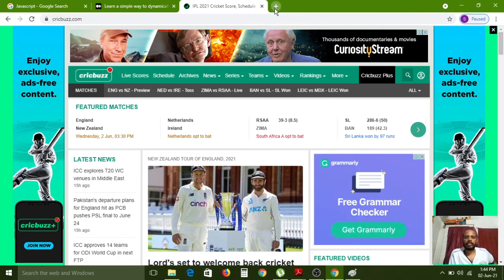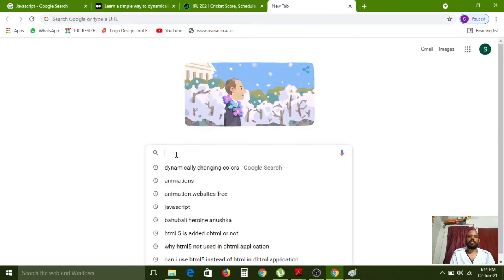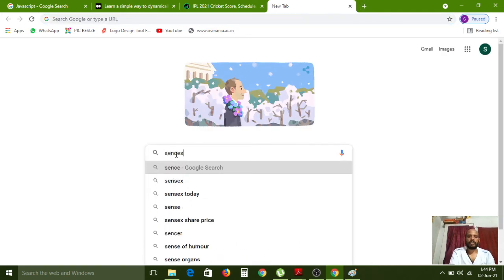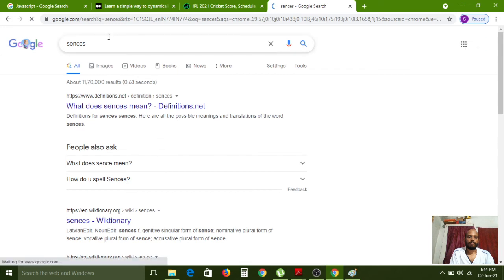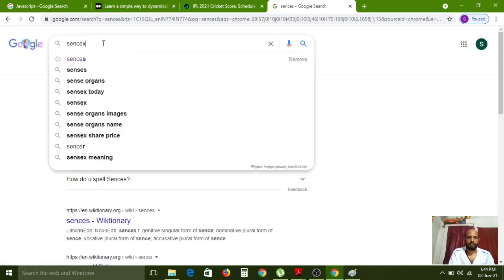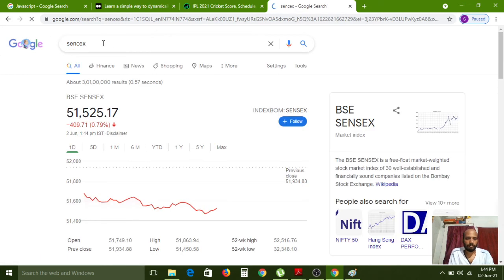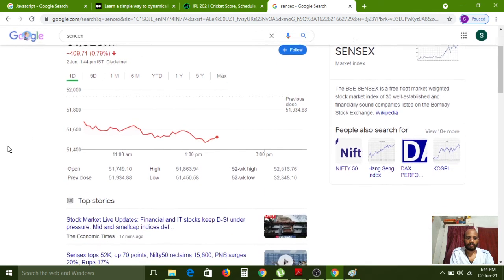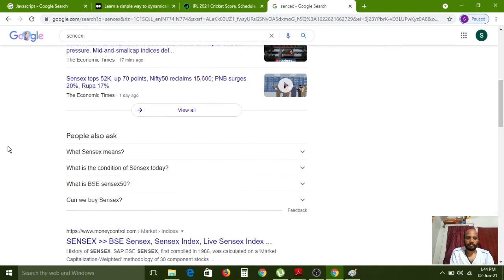Or Sensex, some share market is also there, na. Sensex board.